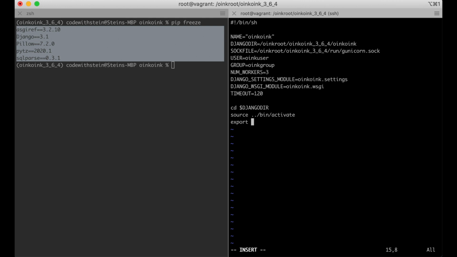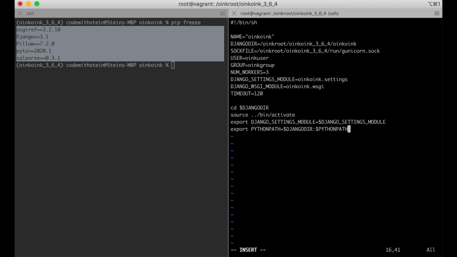Export DJANGO_SETTINGS_MODULE, just copy this, equals the Django settings module like that. Export PYTHONPATH equals the Django directory, colon